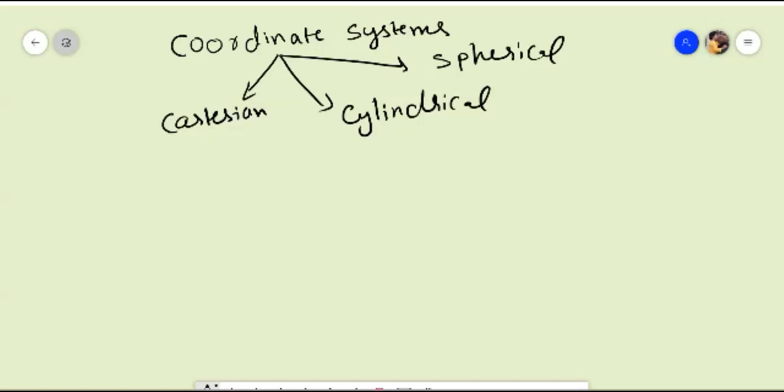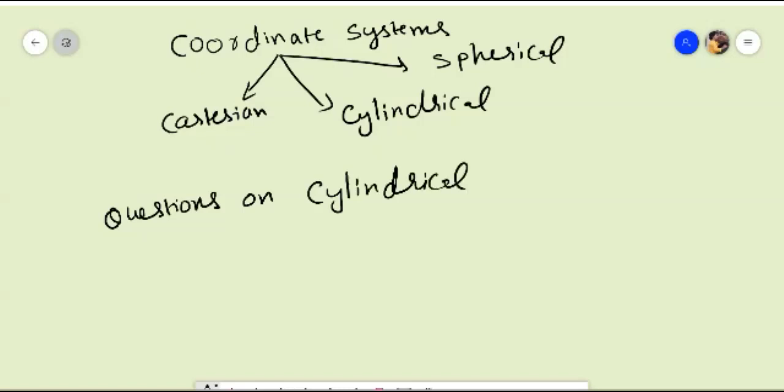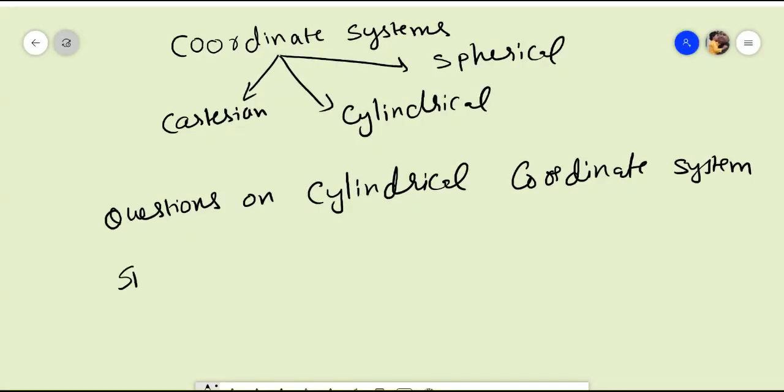So let us do some more questions, some numericals on the cylindrical coordinate system. Okay. So today we shall be discussing about the very small elements,